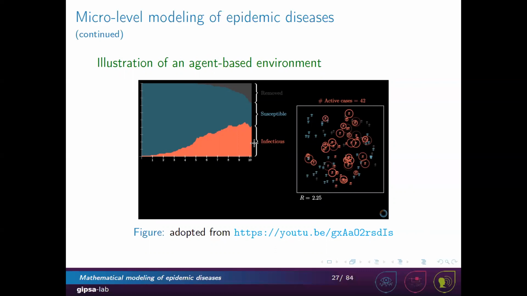There's a very good tutorial on this sort of approach to modeling. You can follow the link here, where they have used the idea of having people who are exposed to the illness, people who are infected and susceptible, and they interact with one another in the society under different conditions. It's a very interesting video, which I recommend you to see and compare with the macro level modeling that I just presented in the first part of the talk.